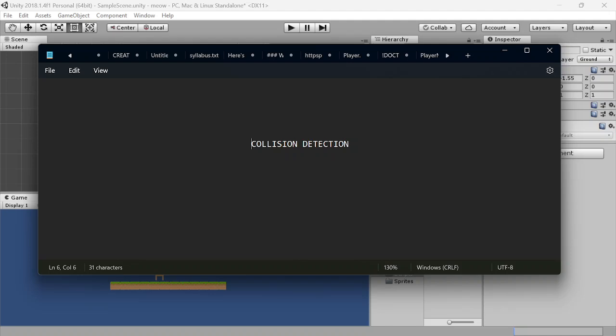Okay, so we are now going to discuss how we are going to detect when our player is going to collide with other objects. This is what we call collision detection. For example,